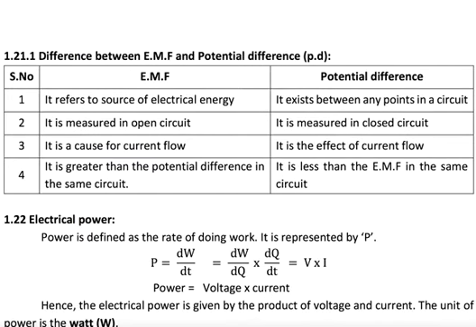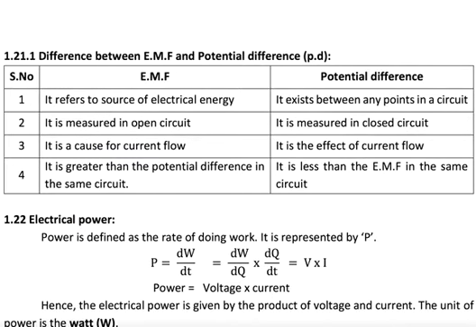If the circuit is not closed, the current won't flow. At least there must be one closed path. When there is no closed path for the current to flow, current becomes zero, and so the potential difference also becomes zero across any element in the network. EMF is a cause for the current to flow. When there is EMF, only then will the current flow. The PD is the effect of current flow. When the current flows, it appears across the element.